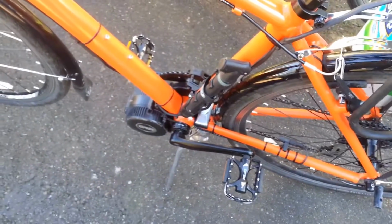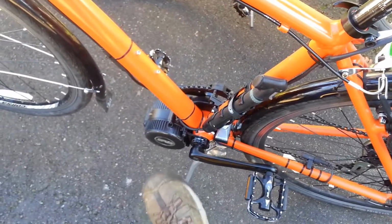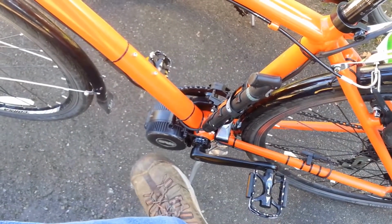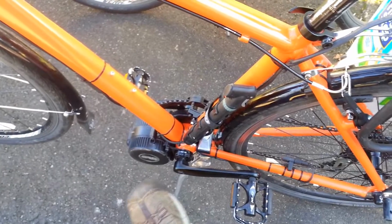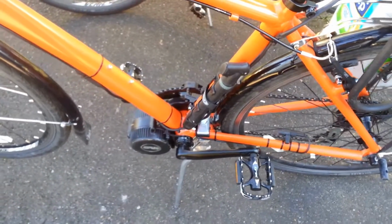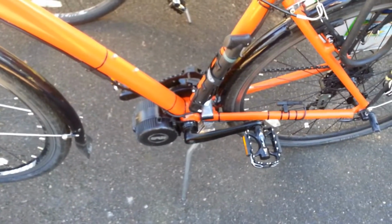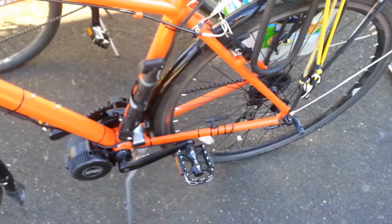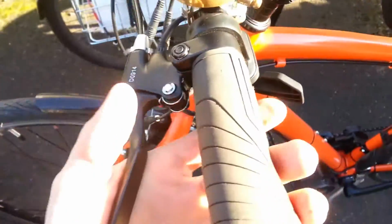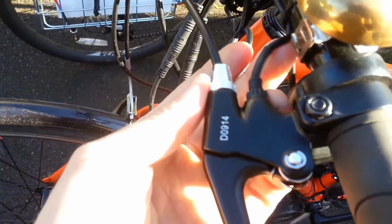Another way to do it is to not only stop pedaling, but reverse pedal, because the motor will quit. It will quit more quickly, so you can shift a little faster. But it's a very uncomfortable, odd thing to do whenever you're trying to, say, accelerate down the road or down the trail. So what I quickly found out was I have the supplied brake handles with the brake sensors installed in them,